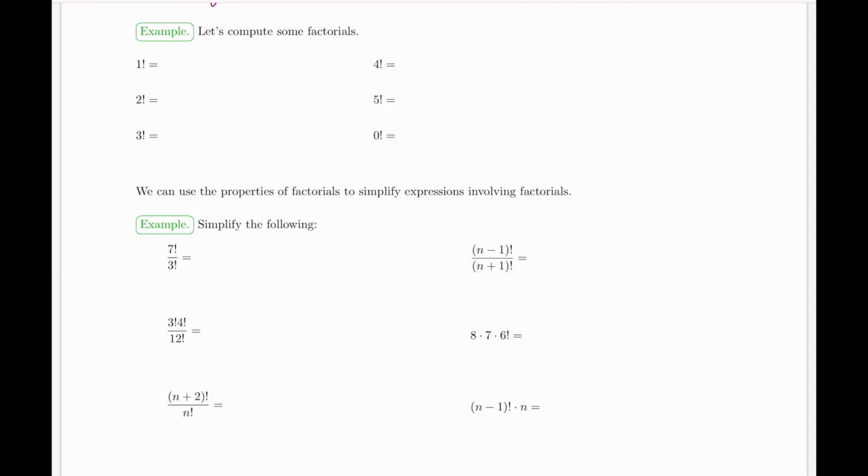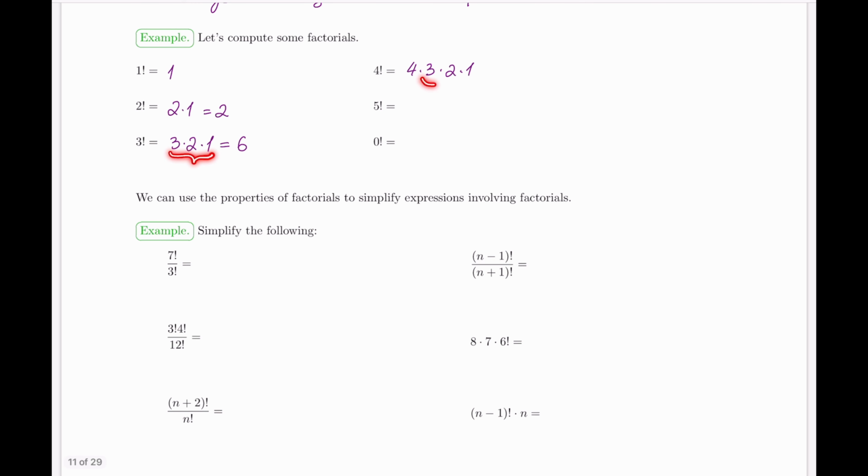First of all, let's just compute some factorials. 1 factorial is 1. 2 factorial is 2 times 1. And if you want to compute it, it's going to be 2. 3 factorial, again, working all the way down, 3 times 2 times 1. And if you multiply through, it's going to be 6. 4 factorial is 4 times 3 times 2 times 1. And what you already notice is in 4 factorial, this expression of 3 times 2 times 1 repeats itself. This is 3 factorial. Because I already know that this is 6, 4 factorial is simply 4 times 6,